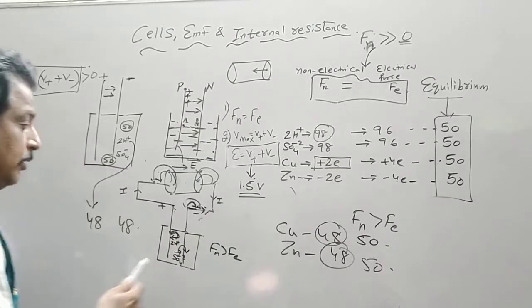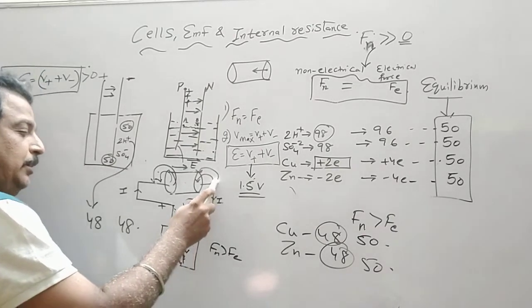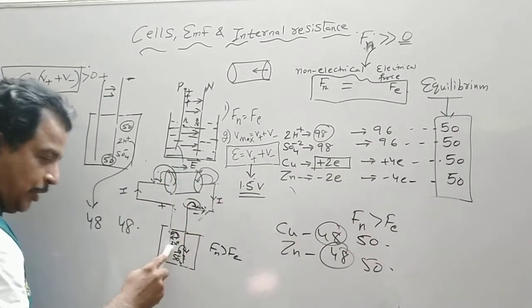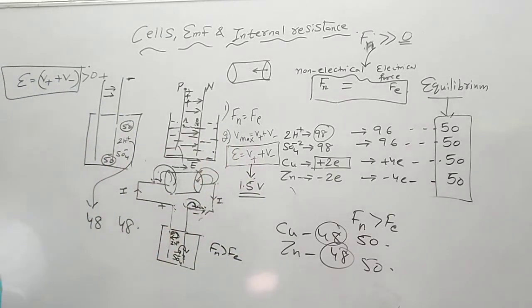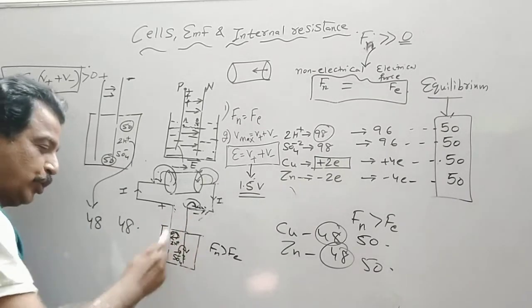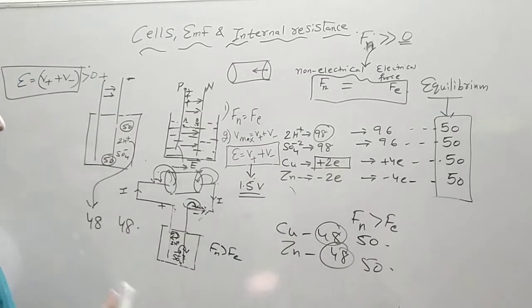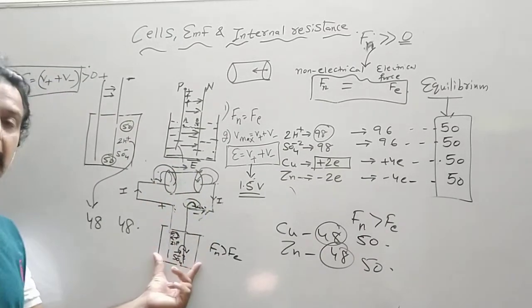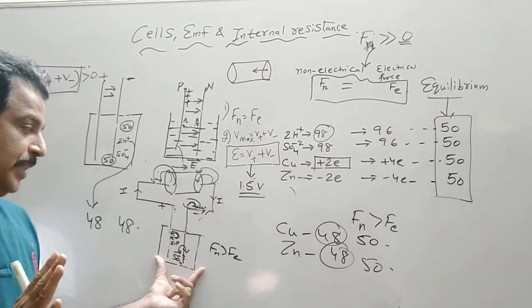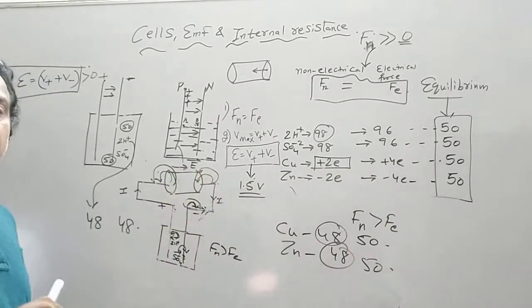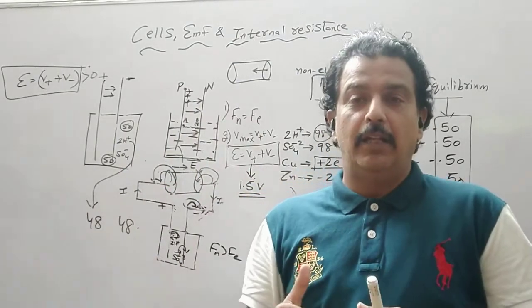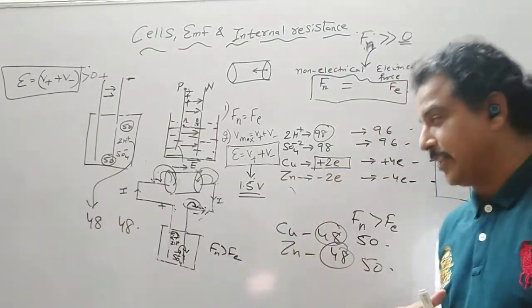So we feel that the electrons are coming out from the zinc rod, going through the conductor, then going to copper, and these 2 electrons flow through the electrolyte. It is not the case. The transfer of electrons takes place through the motion of ions inside it. It is not that electrons have flown inside the electrolyte. Inside the electrolyte there is a motion of positive and negative ions only, but outside it is the motion of electrons which gives a current. So the mobile charge carrier outside the cell is the electron, inside the cell it is the motion of ions. We have discussed that earlier also.